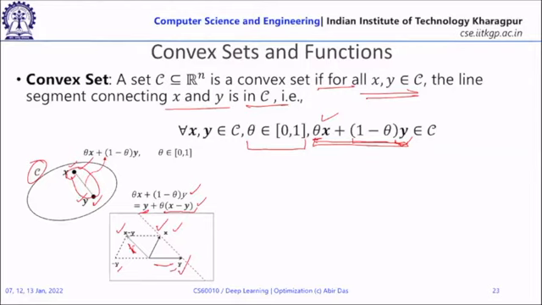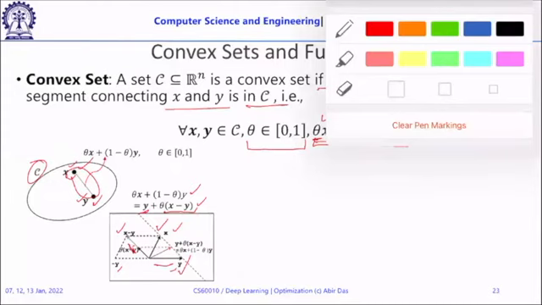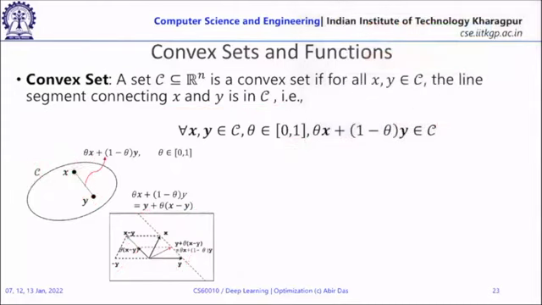Then what happens is, if theta is any value between 0 and 1, right? Okay, somewhere, clear pen markings. Okay, that's better. So what happens is this theta, when I multiply, so any value between 0 and